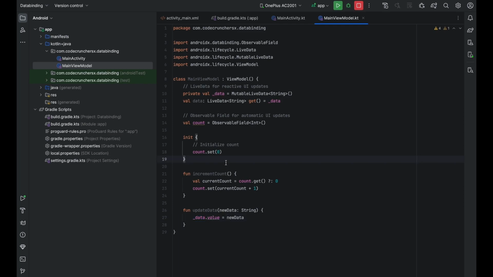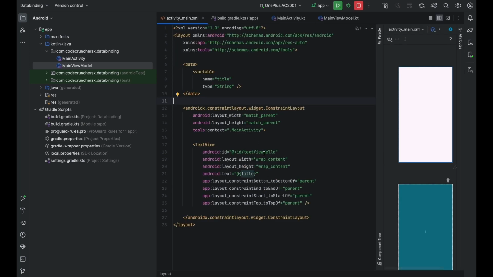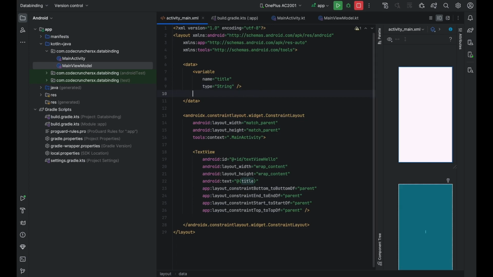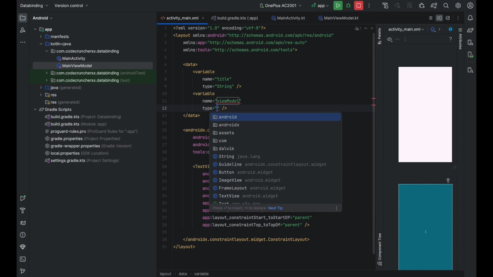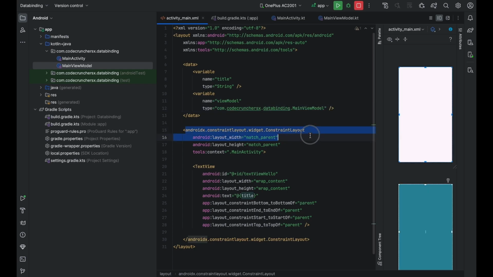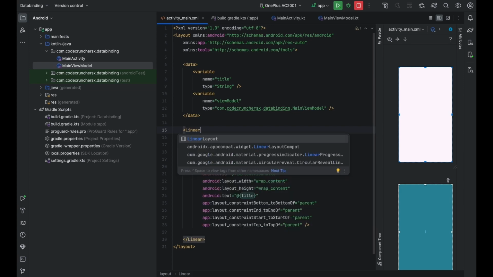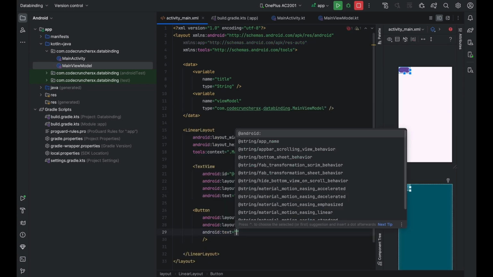So now let's integrate our view model with the XML layout using data binding. Open the activity, and now we need to create a variable for our view model. So just create a variable view model, and here we need to give our view model path, which is nothing but our package name and our class name. Now for simplicity, I'm changing this constraint layout to linear layout, just removing this, creating one button with text as